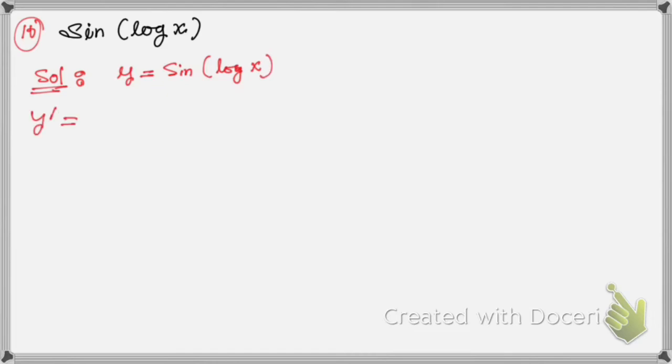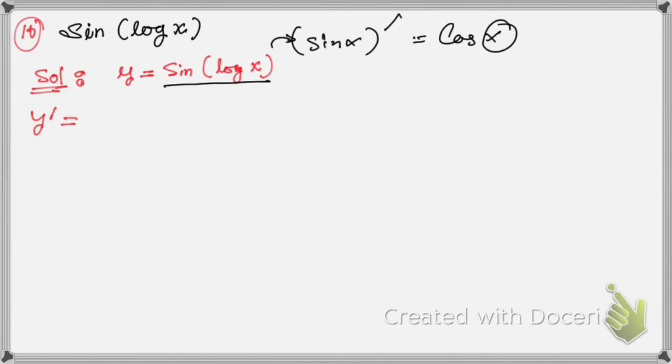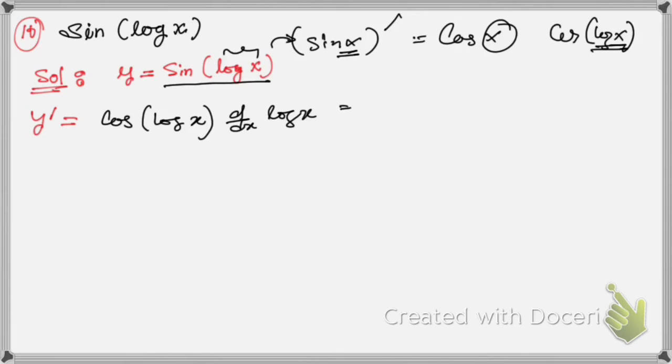So here y dash will be, we know the derivative of sin x is cos x. So considering log x as x, we will get cos of log x. Again you need to differentiate log x. So y dash is equal to cos log x. The derivative of sin log x is cos log x times the derivative of log x, that is 1 by x. So our result is cos of log x times 1 by x, which can be written as cos of log x